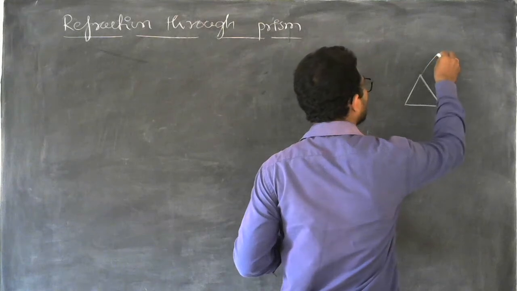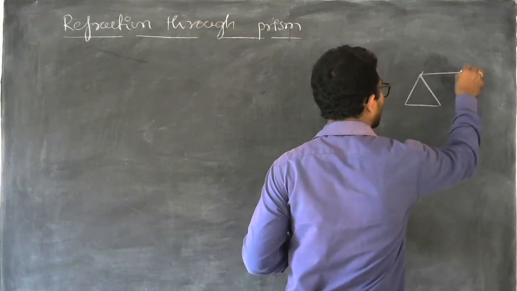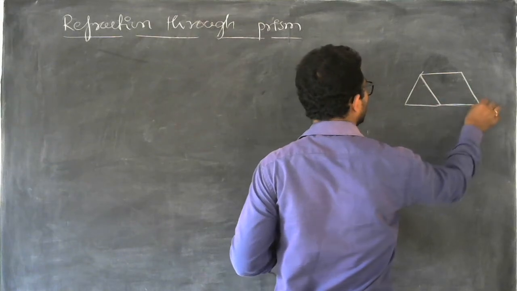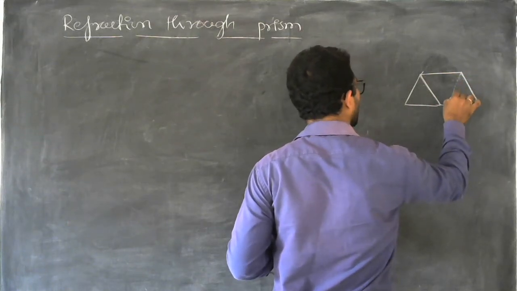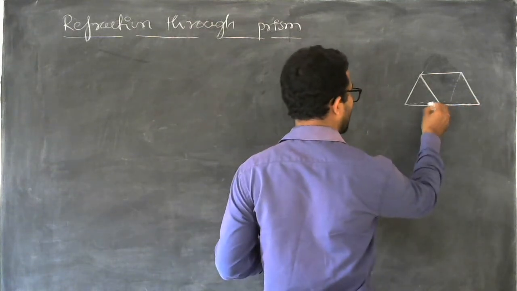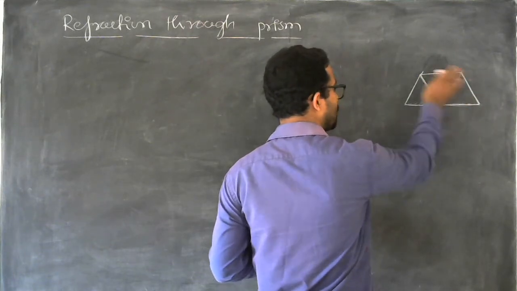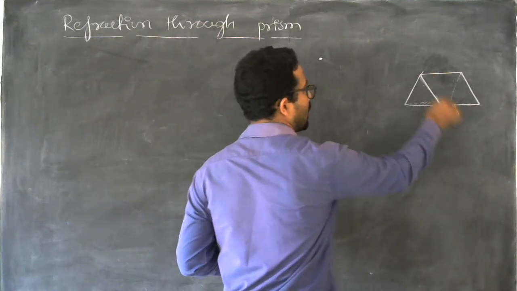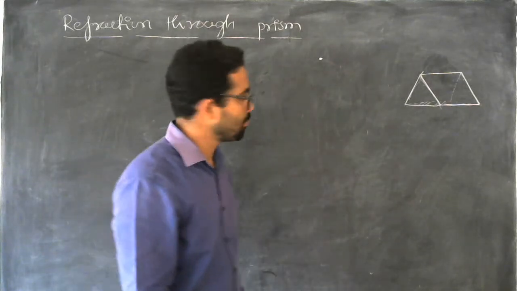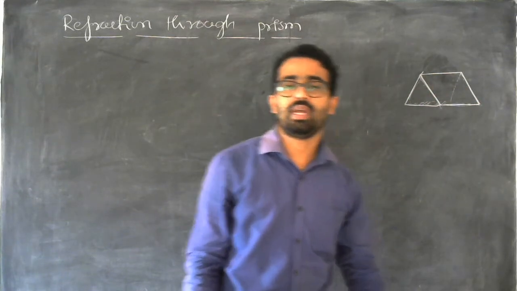See, there will be three rectangular faces: this is one rectangular face, the lower one, and another on this side. So three rectangular faces. This is one triangular face, and this is another triangular face. That's why it is an optical medium bounded by three rectangular faces and two triangular faces, and that is known as